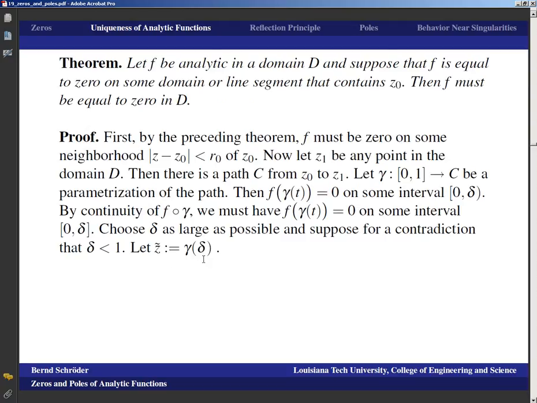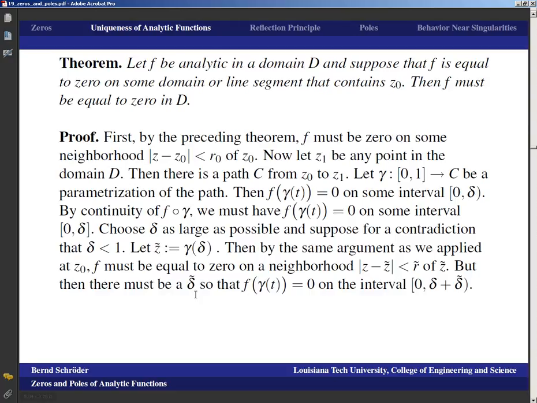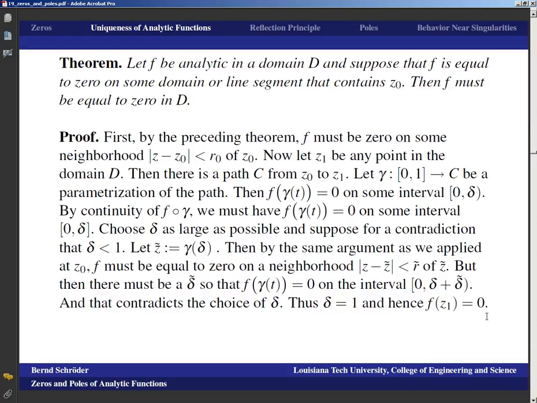Well, then we let z tilde be gamma of delta, and then the same argument as we applied at z0, f must be equal to 0 on a neighborhood |z minus z tilde| smaller r tilde of z tilde, and that means there must be a delta tilde, so that f of gamma of t is equal to 0 on the interval from 0 to delta plus delta tilde, and that contradicts the choice of delta. So that means that delta must be equal to 1. That means f of z1 is equal to 0, and z1 was arbitrary, so f must be equal to 0